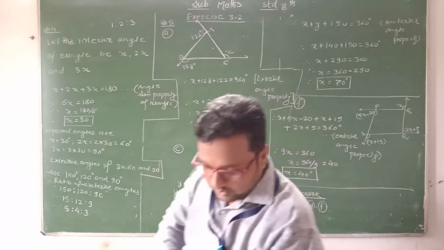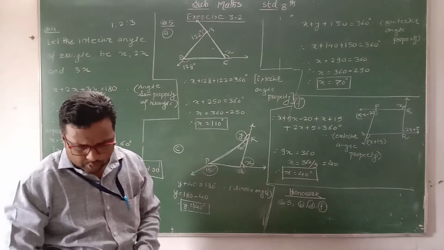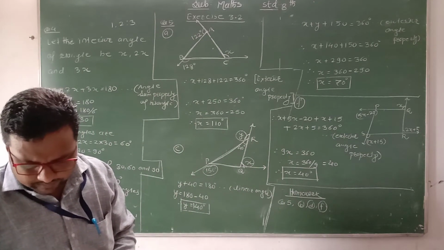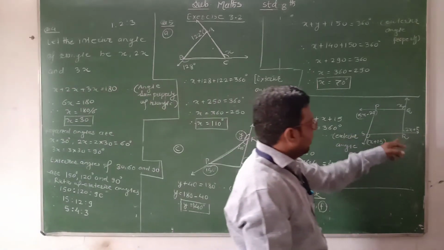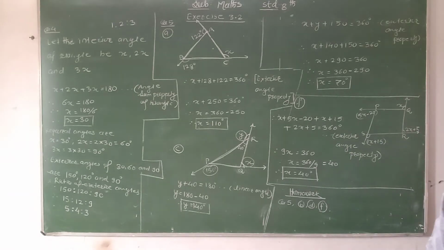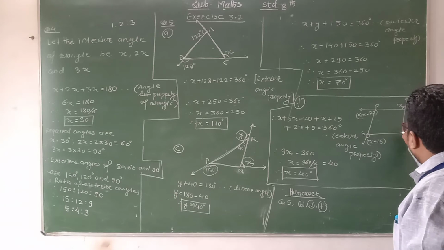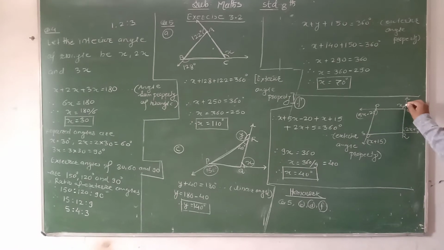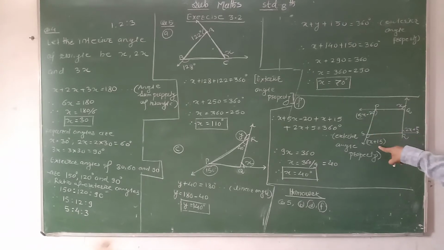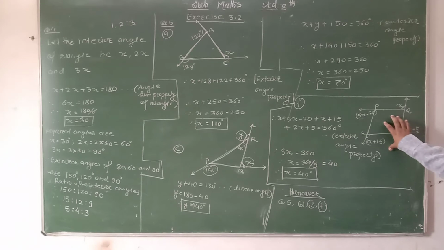Okay. Now see one more type of question here. Example number 5. In that, a quadrilateral PQRS is given. Again here we have to find out the value of x. Now which are the variable terms here? Now see, for this quadrilateral PQRS, these are the exterior angles: x, this angle and this angle. Now the sum of exterior angles for any polygon is always 360 degrees.